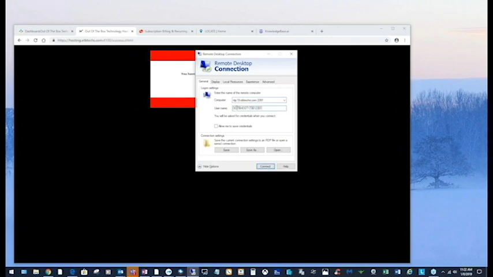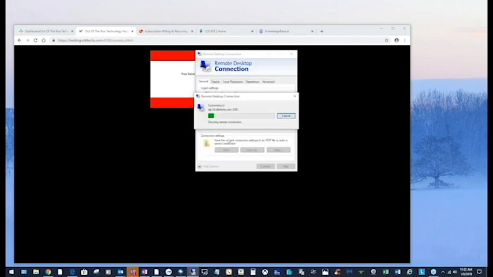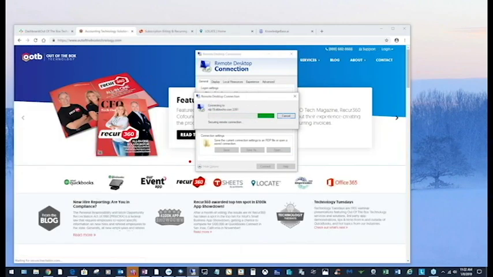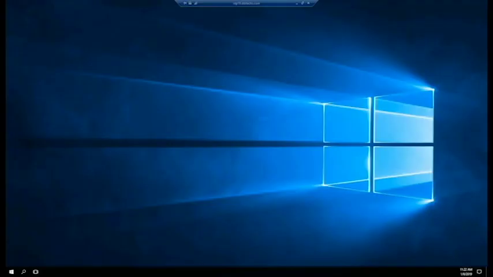So I'll go ahead and enter this information, and we would do a remote session with you to help you get this set up. And then we'll connect. Okay, so what that's doing is opening this remote environment here. And you'll see it looks like a Windows 10 environment. What we use is Windows Server 2016.